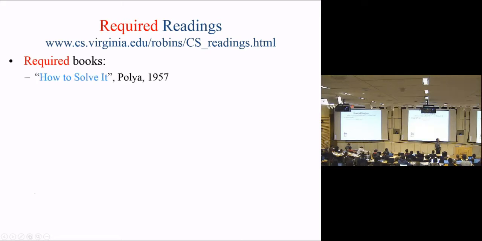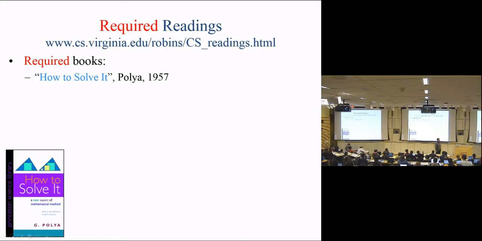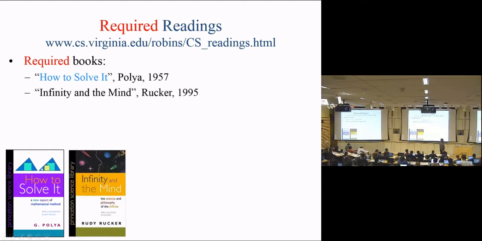So we mentioned Polya, How to Solve It, earlier. I want you to read that for sure. Infinity and the Mind by Rucker. He'll talk to you about infinities, different kinds of infinities, different sizes or magnitudes of infinite sets and how they relate to each other, how they can be mapped to one another using one-to-one correspondences, what are bigger and smaller infinities. We used to think as a species there's only one kind of infinity, and it's very big. Nobody up till late